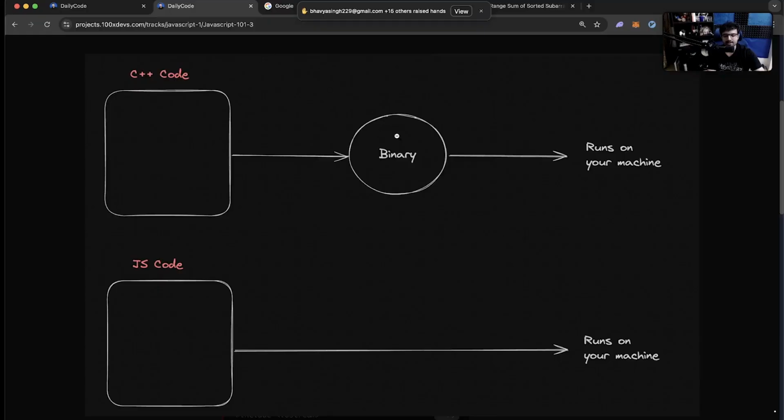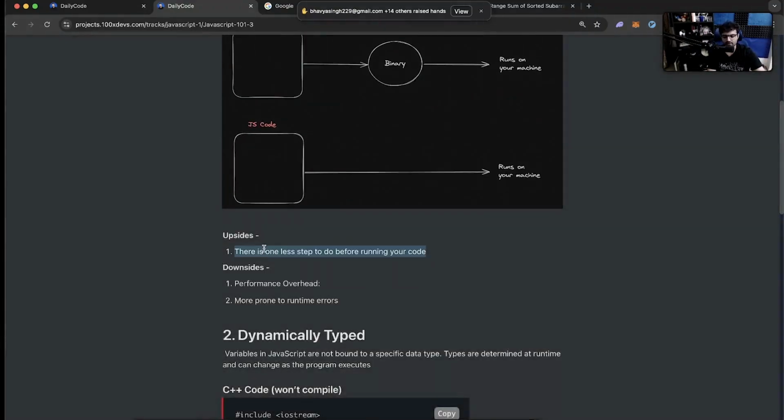The compilation step, which most languages like Java, C++, Rust and Golang have, is a good thing because a lot of checks happen here. And when your final application runs, when you deploy this on a server, let's say, and it is handling a lot of web traffic, then it is really fast. Versus for JavaScript, it constantly has to interpret your code.